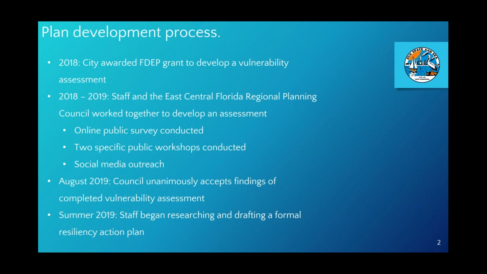The report employs several models developed by the U.S. Army Corps of Engineers and NOAA to project possible sea level rise scenarios and the respective impacts on the city. The timeframes evaluated as part of the assessment include 2040, 2070, and 2100. The report also models future sea level rise and its effects on storm surge from tropical cyclones like hurricanes. The development of this assessment involved public meetings, public outreach via the city's social media channels, and an online survey, and took the better part of a year to complete from start to finish.